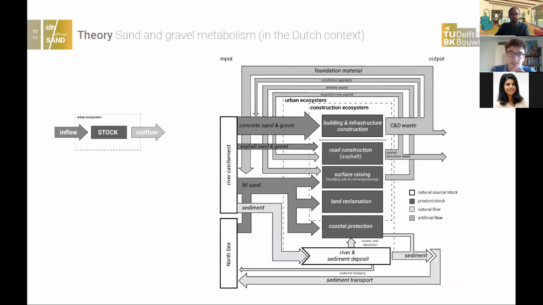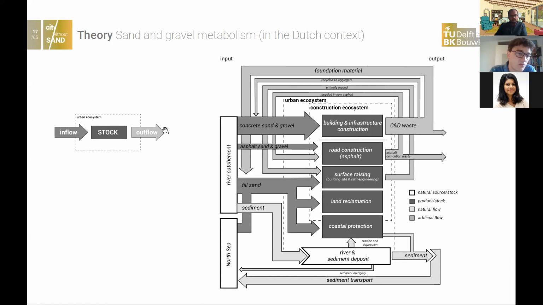And from this really specific metabolism, sand and gravel metabolism, I made this schematic and theoretical material flow analysis. So an important method in urban metabolism is the material flow analysis. What you do is you have your urban ecosystem, your city or the boundaries of your research. You have a certain stock, material goes in, material goes out, and you can do it for everything. So, for example, for the human body, we eat and we breathe, and we